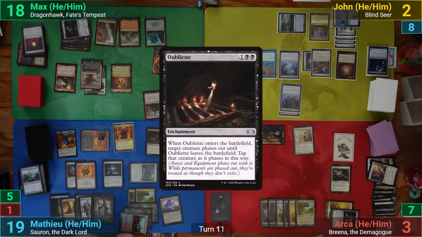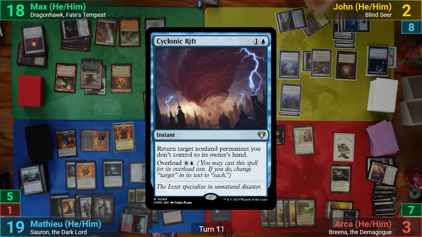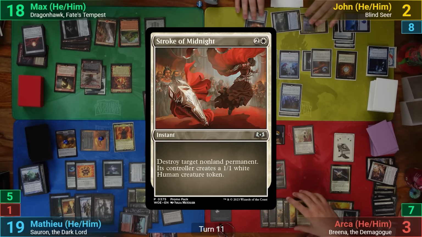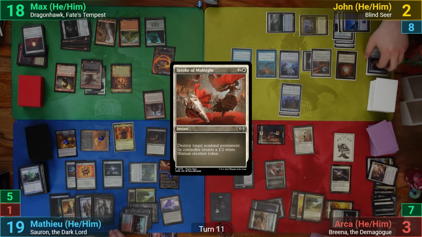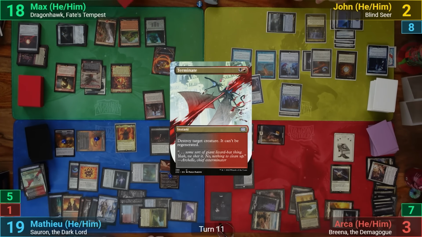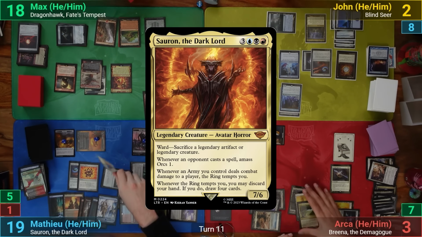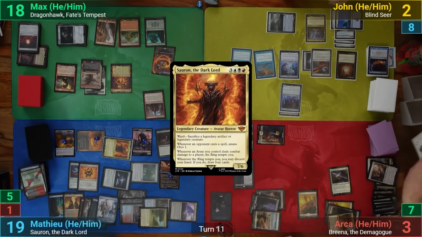With the ability targeting her, Arja sacrifices Light Shield Array to protect her, but John responds by casting Cyclonic Rift to bounce Elish Norn. Arja responds to this, casting Stroke of Midnight and targeting Sauron. With the ward trigger on the stack, Mathieu casts Terminate from Exile, paying the extra, and as a result, Arja can't pay the ward cost, and the spell is then fizzled. Mathieu then goes to combat, and he swings Sauron at Arja, taking him out, and we then move to Max's